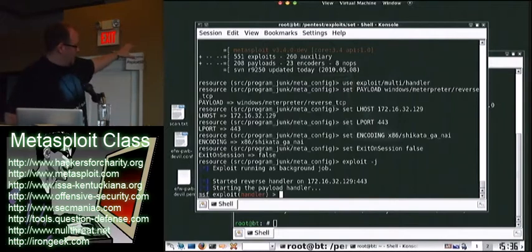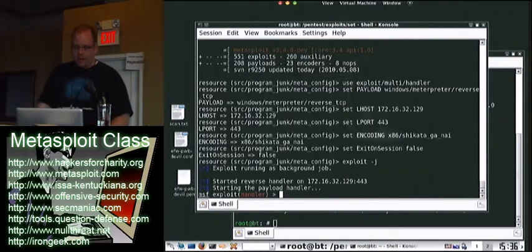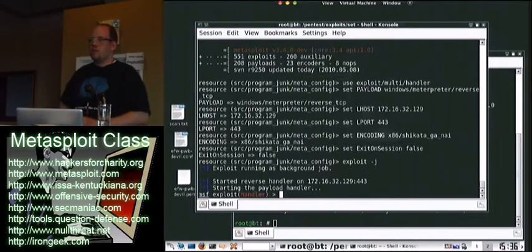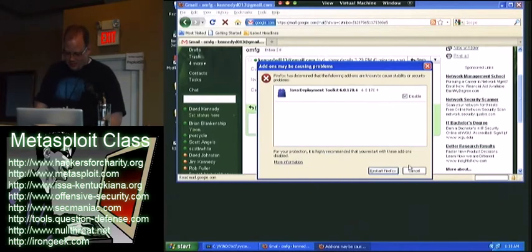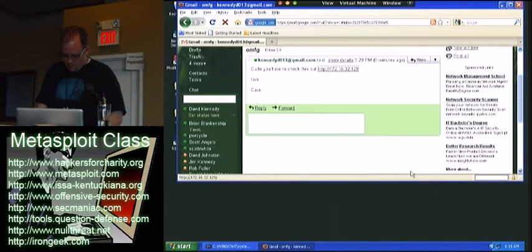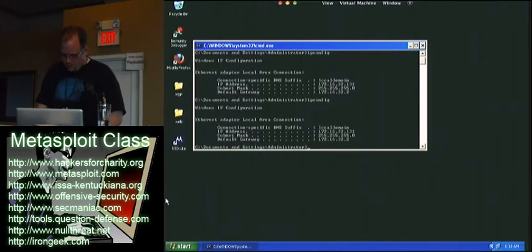So we got our payload handler through Metasploit. It should look familiar, right? One thing I did add is it automatically does migrate. So when you go and exploit this, it will migrate to a different process. So if the user does close the browser, you're still okay. Kind of make sure about that.